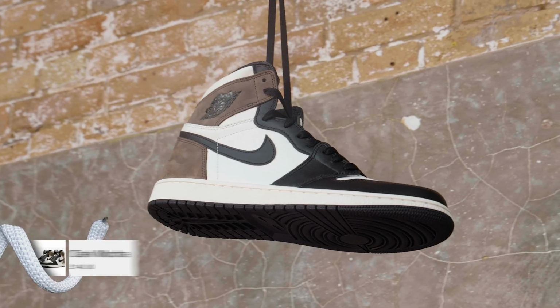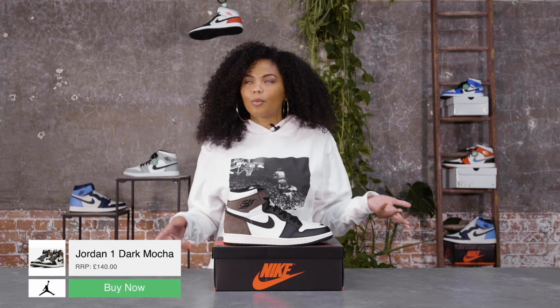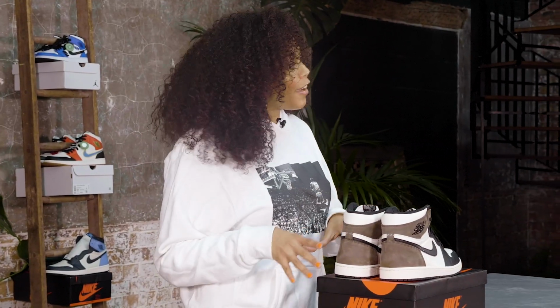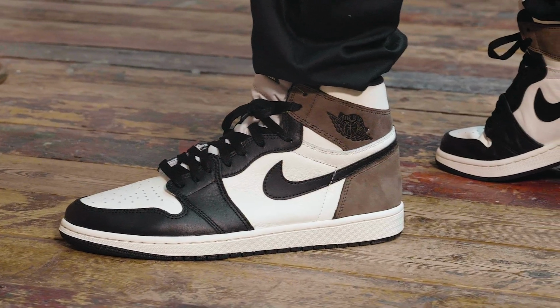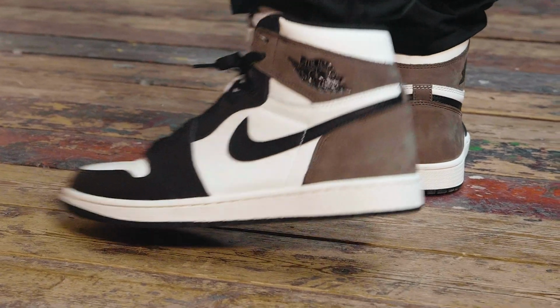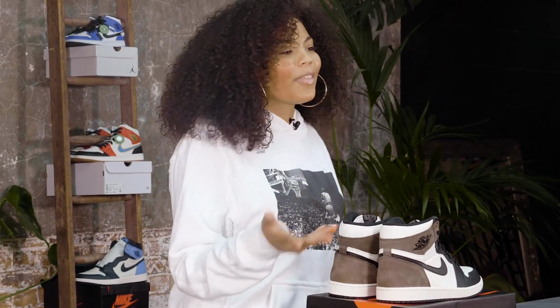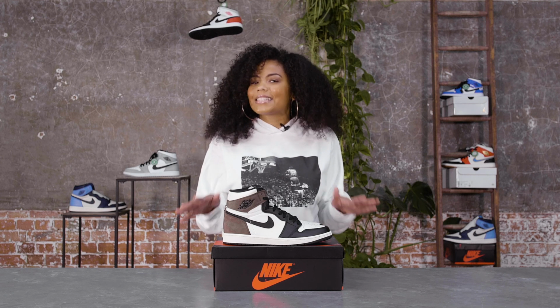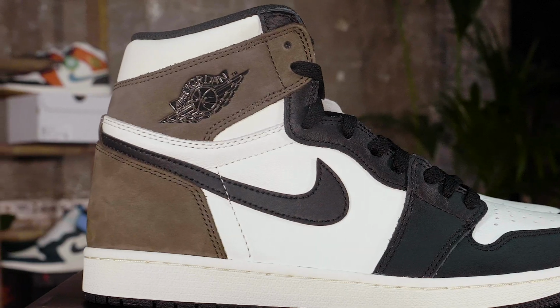Today we're having a look at the Jordan 1 OG Dark Mochas, or as some wrong people like to say, Mochas. Now, these babies are a firm favorite for the Sole Supplier audience, as well as sneakerheads everywhere. I'm thinking that's possibly because it's giving us Travis Scott vibes, but without the reverse swoosh. I personally can't decide which ones I prefer. Maybe these, because you know, they're classic and that, but you guys let me know what you prefer in the